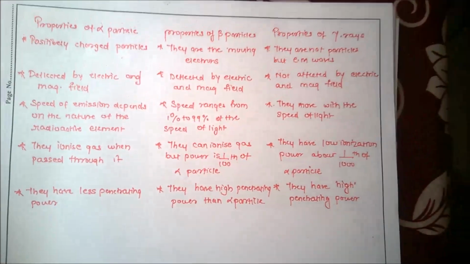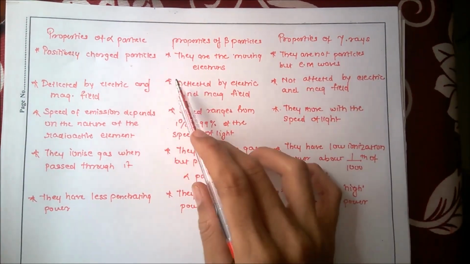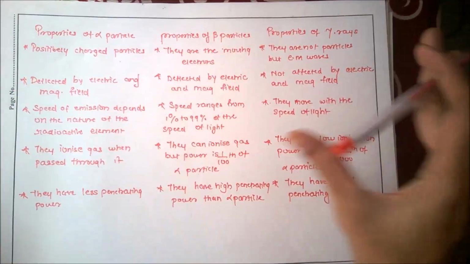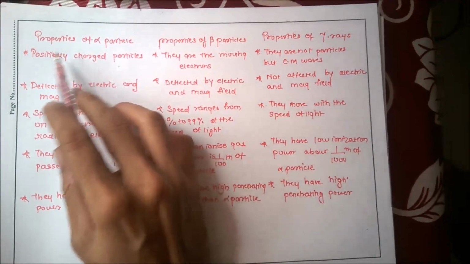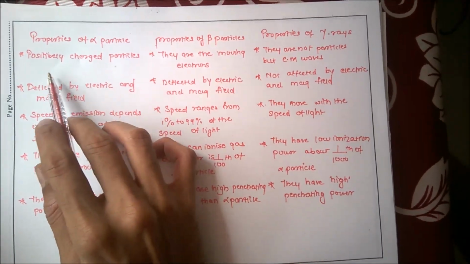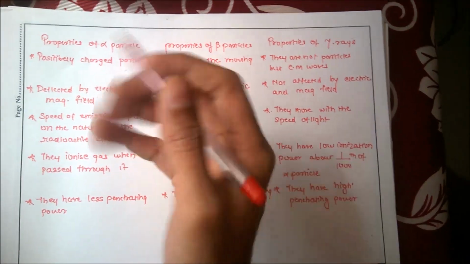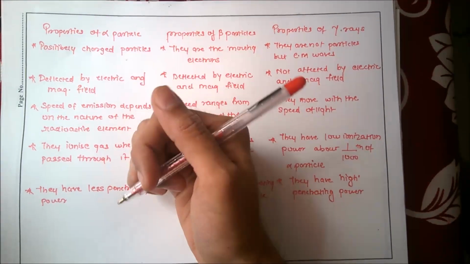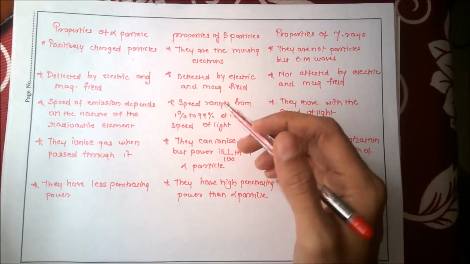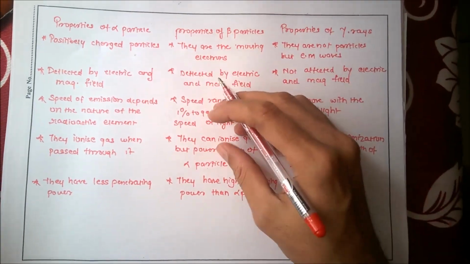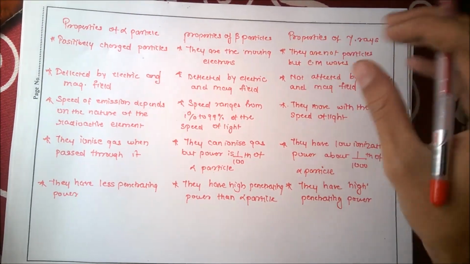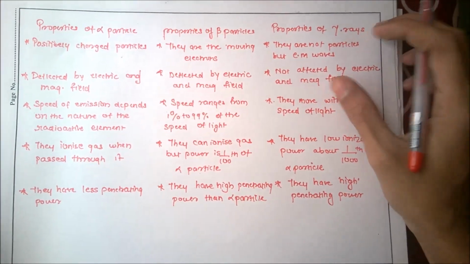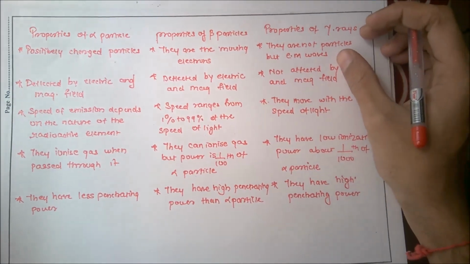So here we have the properties of alpha, beta and gamma rays. Alpha particles, beta particles and the gamma rays are distinguished accordingly. Alpha particles are positively charged particles. These are helium atoms with both electrons removed, so the mass is around 6.64 into 10 to minus 27 kgs. Beta particles are fast moving electrons from the nucleus. Gamma rays are not particles, but electromagnetic rays, basically photons of very short wavelengths. These photons originate from the nucleus and are called gamma rays.